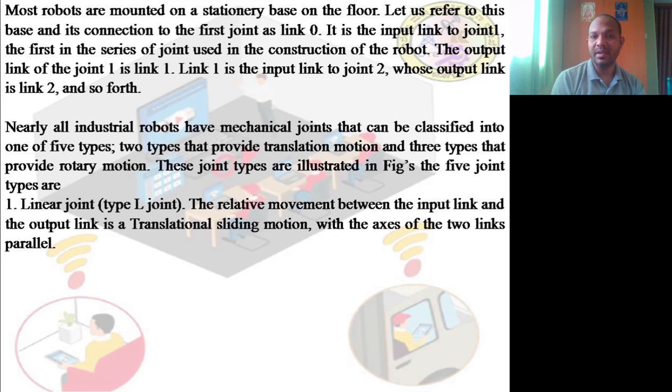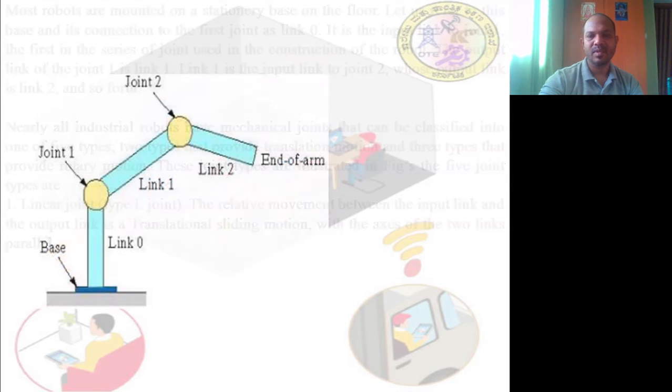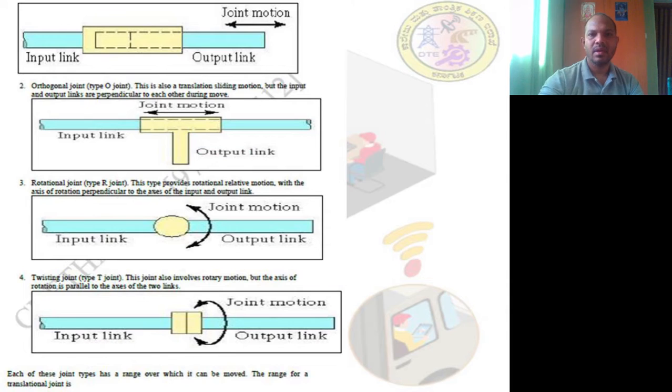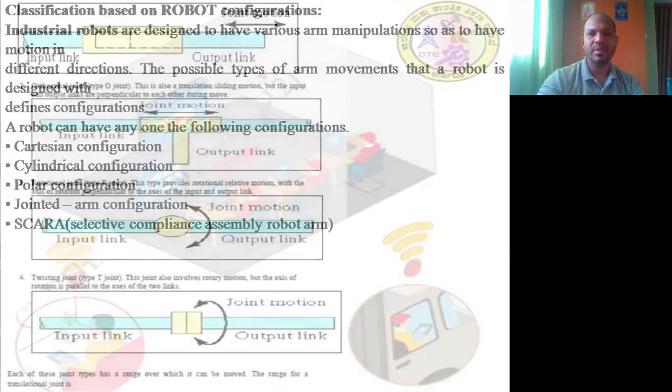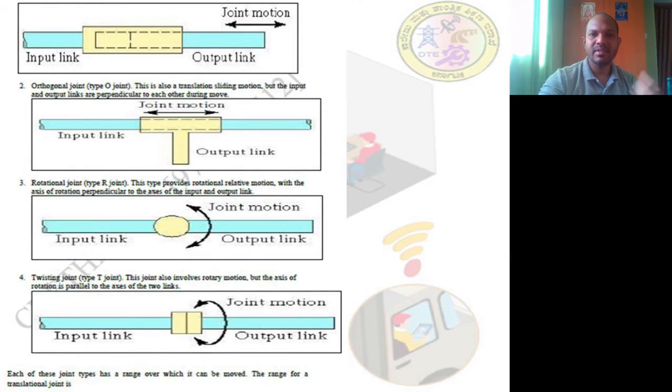In the linear joint, what happens? The movement will be a translation. That means it will be in a parallel way. Now here you can see this. Each joint, this is a joint and this is a motion, input and output. This is a translation. Is it clear? Next one,